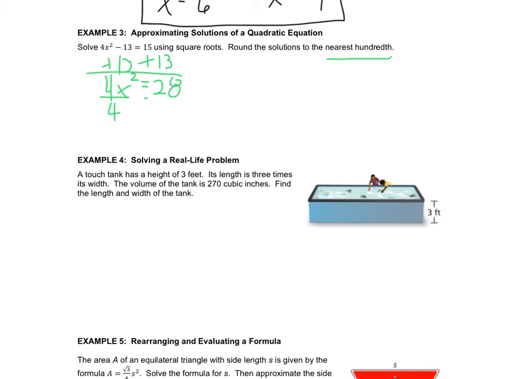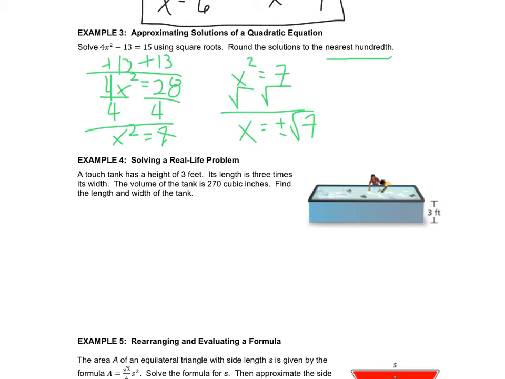And divide by 4. X squared equals 7. Now, clearly we can do it because it is a positive number. We will get two solutions, but x squared is a perfect square, 7 is not. So I'm going to take the square root of both sides, and I'm going to get x equals the plus or minus